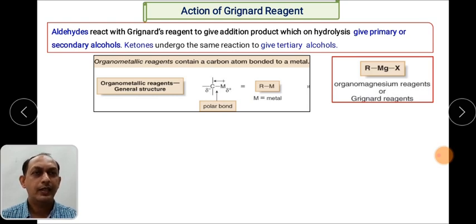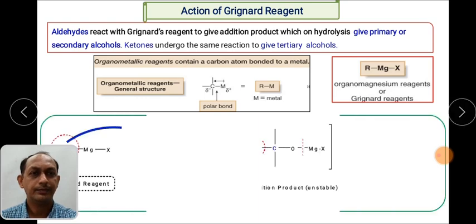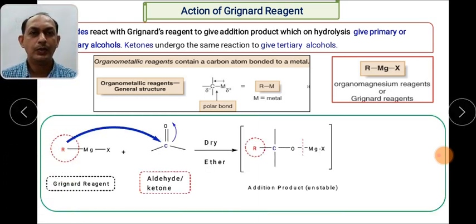During the addition, this particular carbon will attack the carbonyl compound, which may be an aldehyde or a ketone. This is very clear to us. So let us see how the Grignard reagent attacks by nucleophilic addition on aldehydes and ketones. We have taken the general carbonyl group. This compound can be either an aldehyde or a ketone, based upon the substituent attached to the carbonyl group.